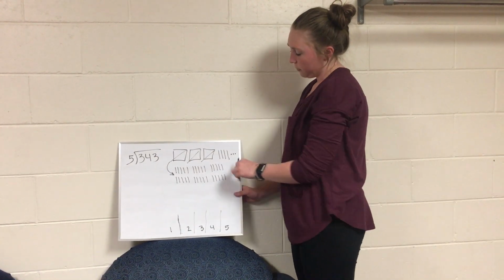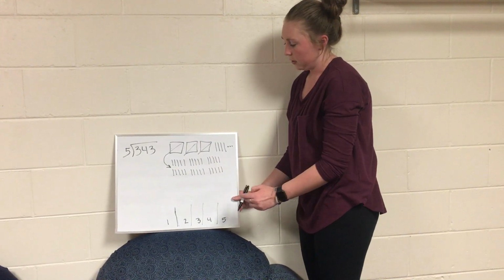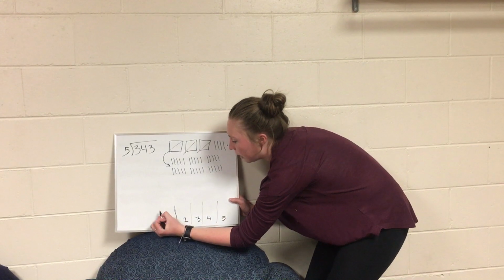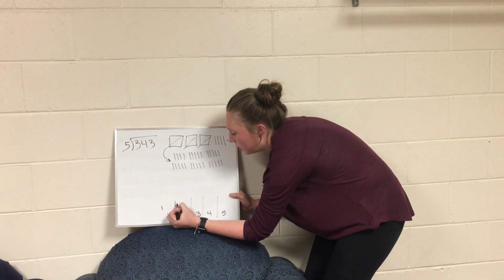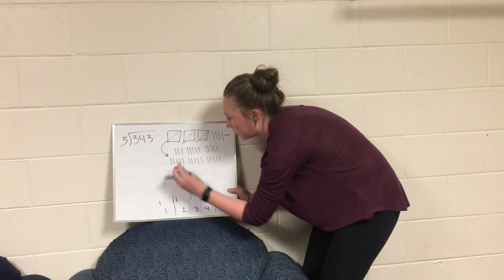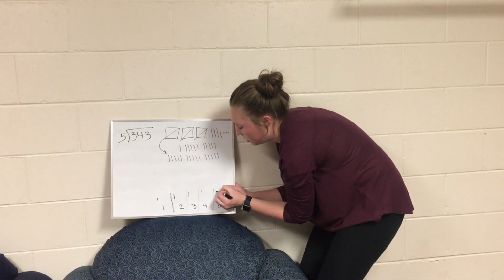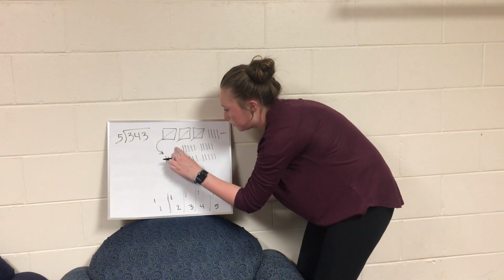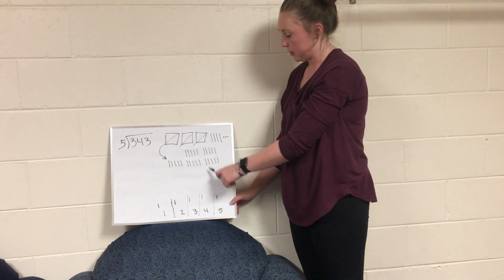So now we can group these 34 tens into our 5 groups evenly down here. So let's start by doing one at a time. So we have 1 ten, and then we can get rid of it up here. Another one in our second group. 3, 4, and 5. So far we've grouped up our 5 tens,